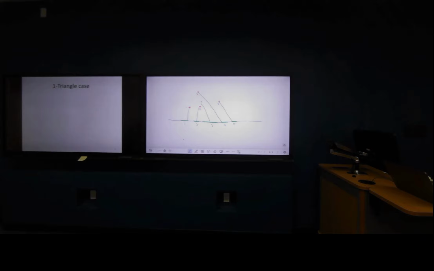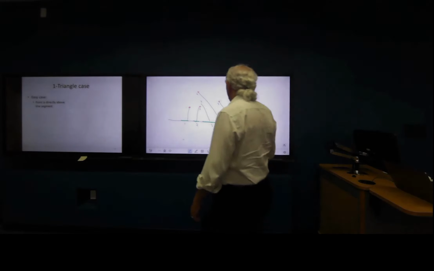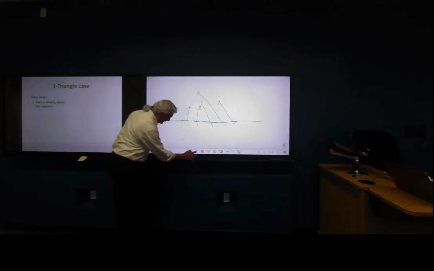Okay. So here's a simple case. Let's call this the triangle case. Let's assume that there's only one pair: one point and one line segment. I'm calling it a triangle because it sort of looks like a triangle here. Remember, each point can have,